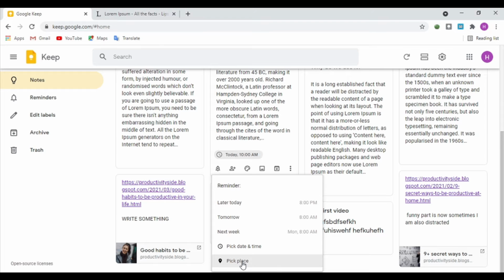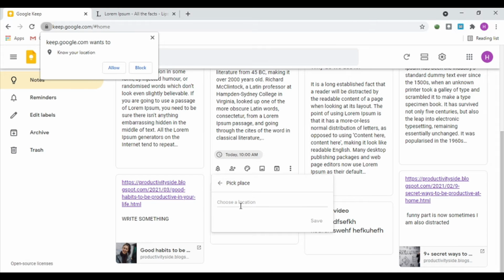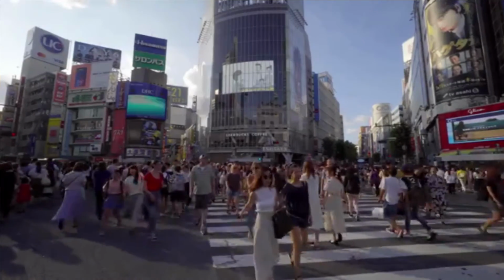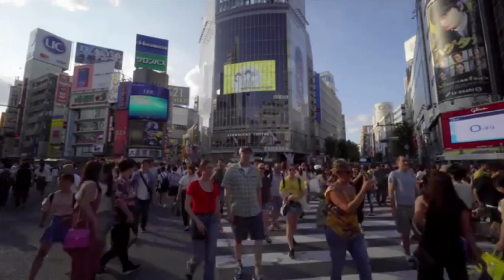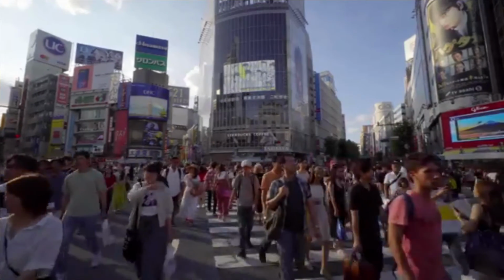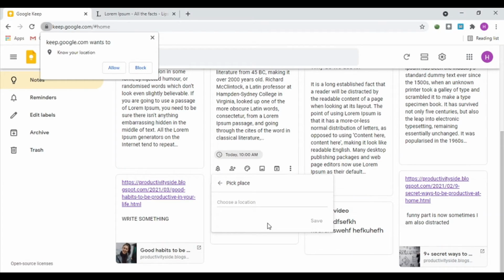You can pick a place, so that when you are going to a place, Google Keep will allow you to take reminders from when you reach that place. Let's say you are going to America or you are going to New York.